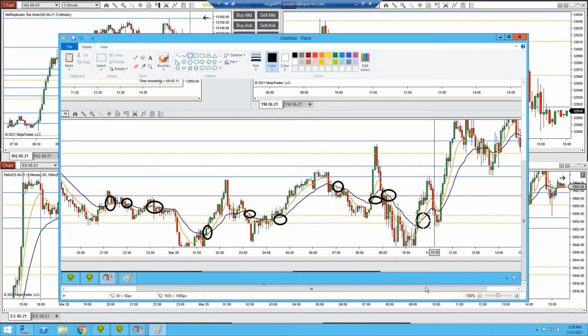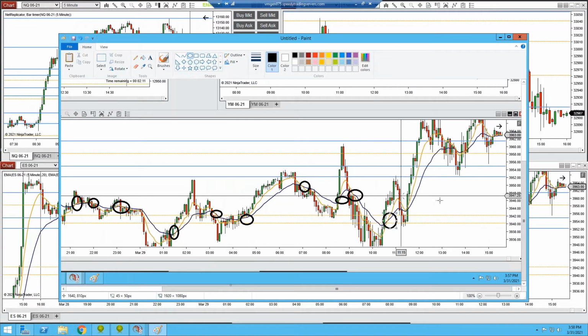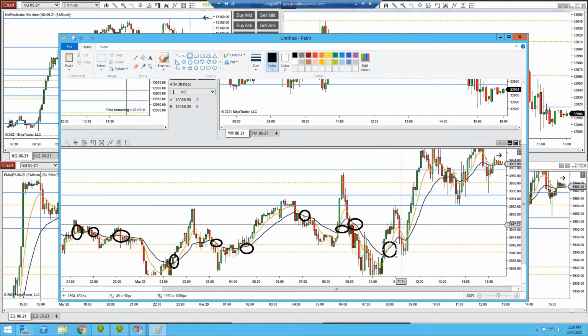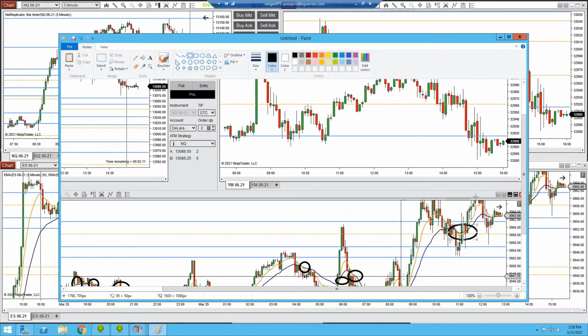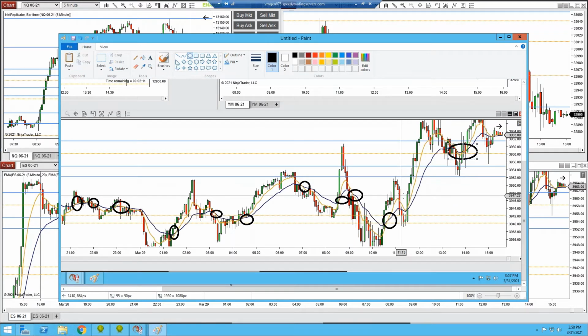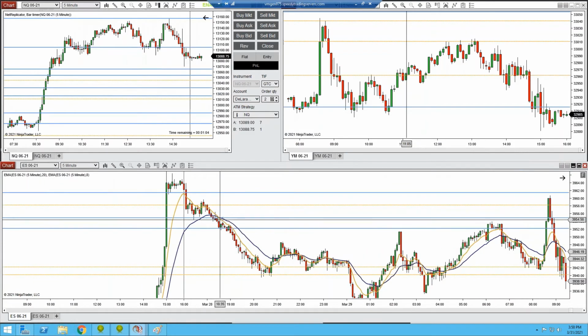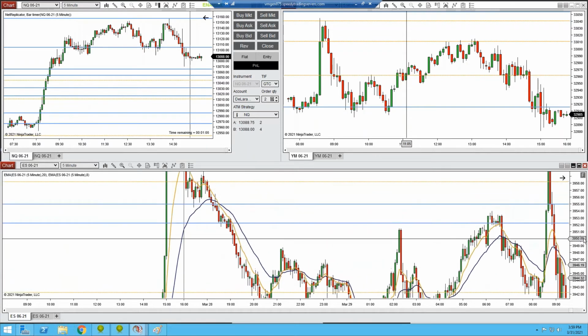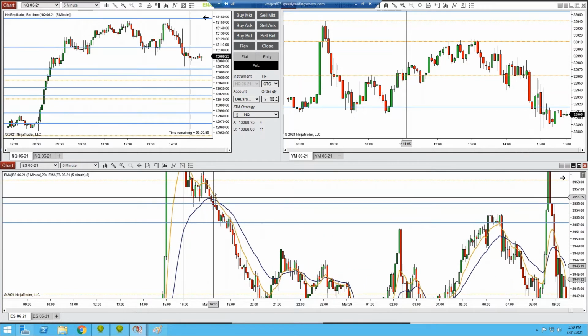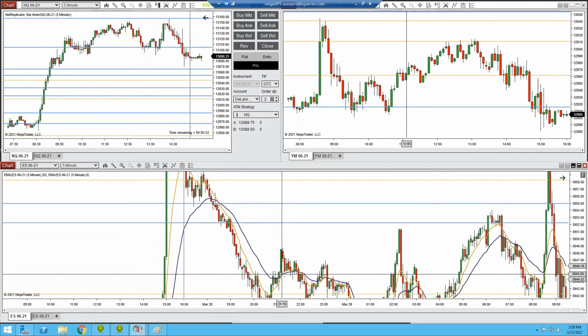Another pretty decent one here might have taken you to break even. Might have gotten whipped up in here. So not too bad for that day on just the 8 and 20 EMA cross. But if you're using this and you have prediction points as well in your system, granted, this trade here, you would have won no matter what. You don't need prediction points to get this trade going. So you get 1 here. This cross here,